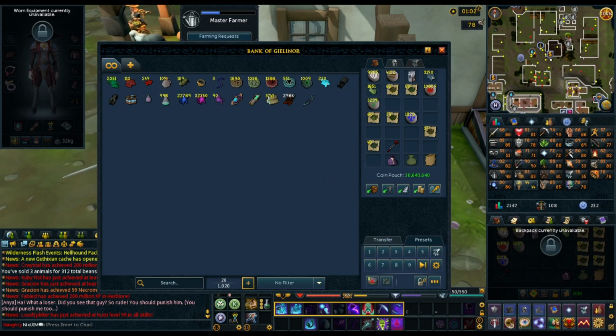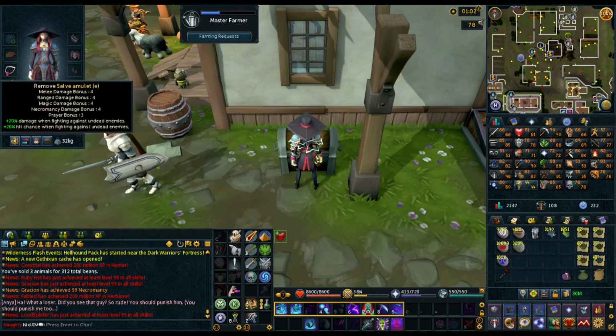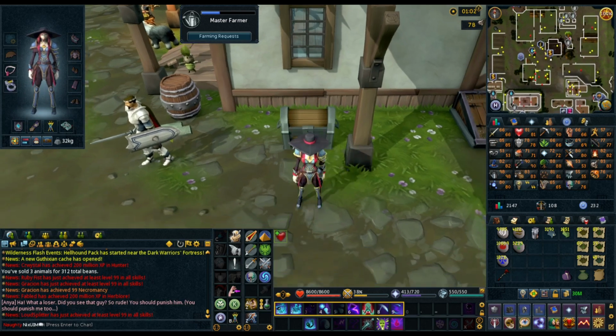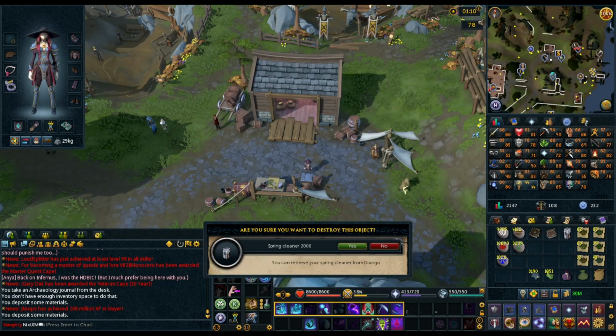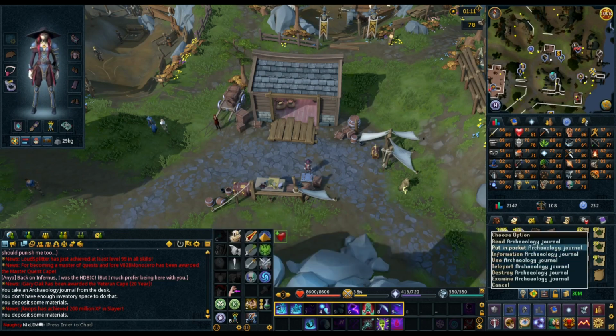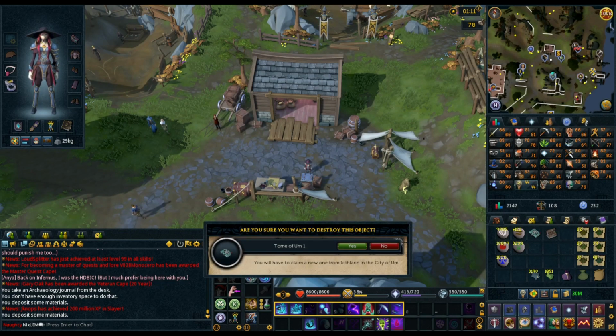That's why I have this, and Undead Slayer will give me more damage and accuracy, just like the Salve does, and they stack. So that'll be very useful. To make as much space as I can, I'm going to go ahead and destroy the spring cleaner so I can just reclaim that from Diango here. Put this into my pocket and destroy that, because I can just get another one from Ixlarian in the city of